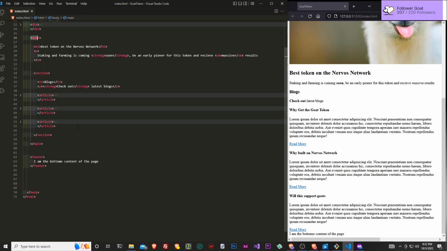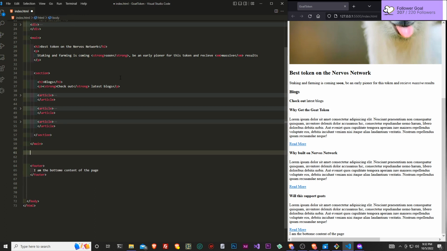We can also add in another section, or we can give it a div. So inside of our main content, we're going to be giving a div, which is again used more so for styling. At the same time, it's just for content that doesn't really have too much meaning. So this is going to be some other type of content. You know what, let's just not. I feel like that's enough content.